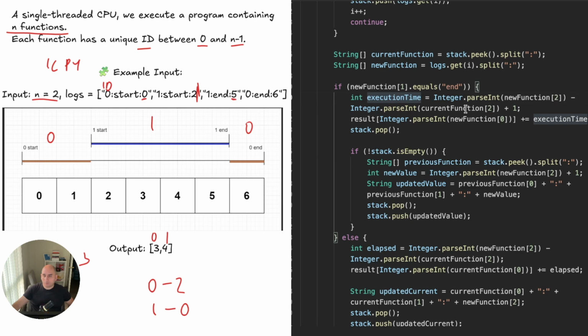5 minus whatever the current function, because now at this point on top of our stack is this function, right? With the ID of 1. So we are taking the 5 minus 2 gives us 3, right? But at this point we have executed 4, so we need to also include 5, right? So we have executed 4 time units. So that's why we are taking the new function 2, which means that the 5 minus 2 plus 1,